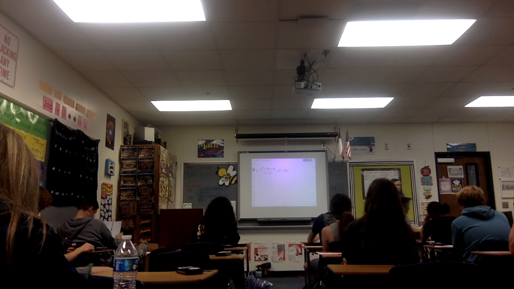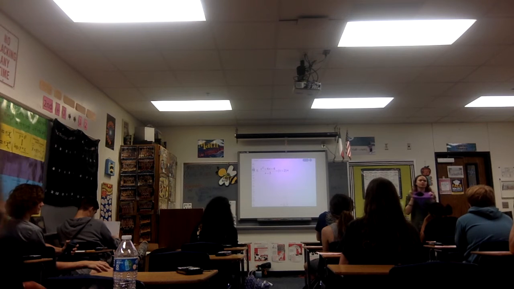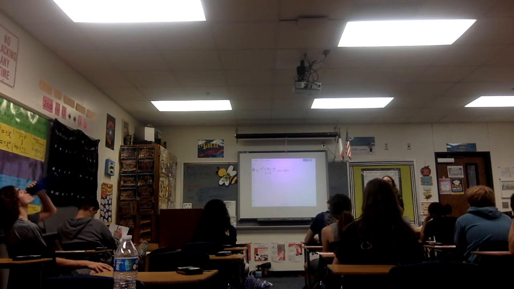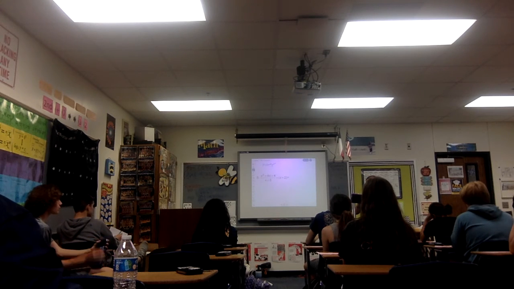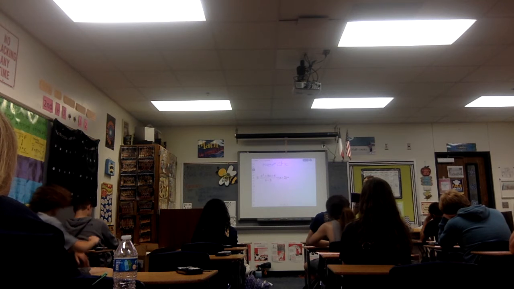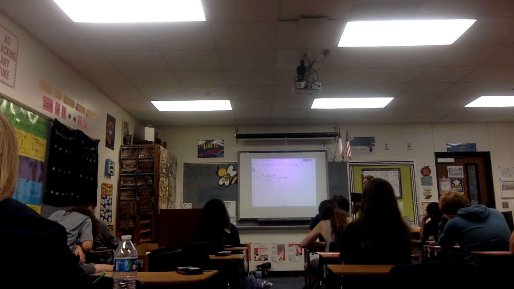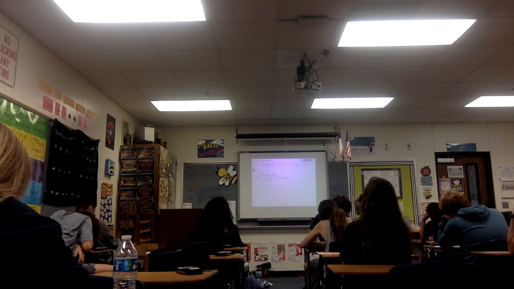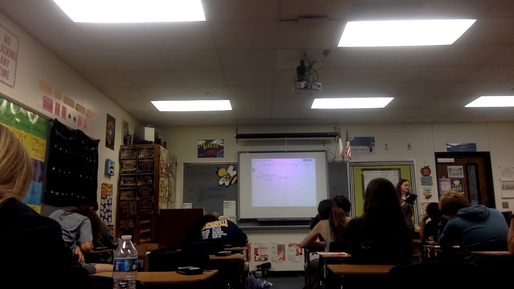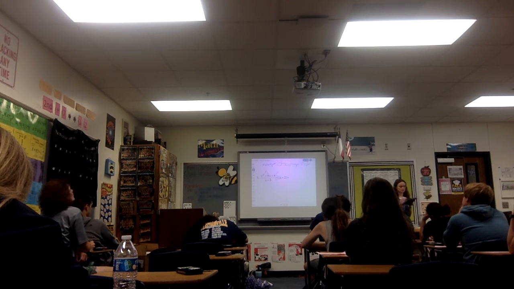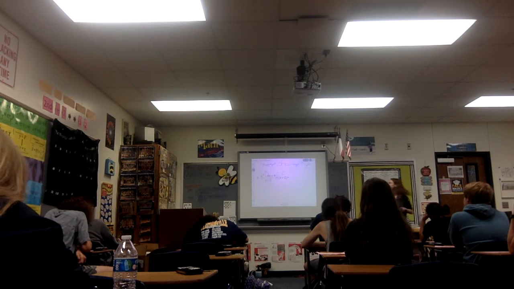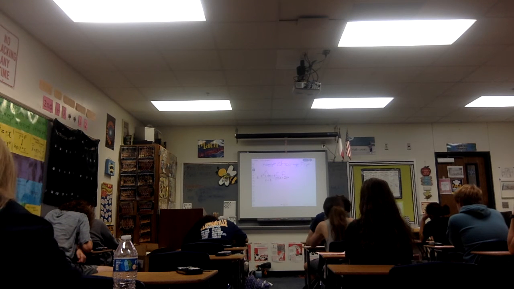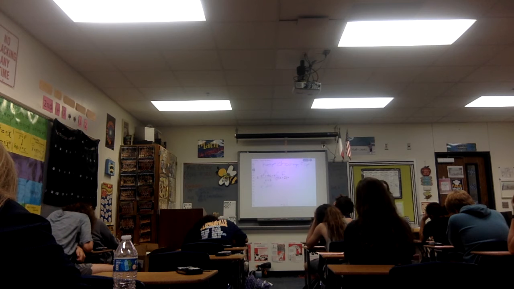Alright, what do we notice about number 5? It's dividing. Brayden, what did you say earlier about dividing? Keep, change, flip. Very good. So when we divide a fraction, we keep the first one, we change the sign, and then we flip the second one. So on number 5, our first fraction here, we're going to keep it. We're changing our sign to multiplication, and then we flip our second one. So we can rewrite this as x squared plus 4x plus 4 over x plus 3